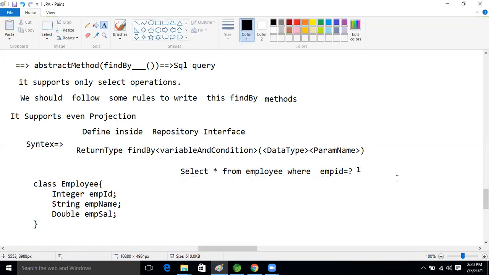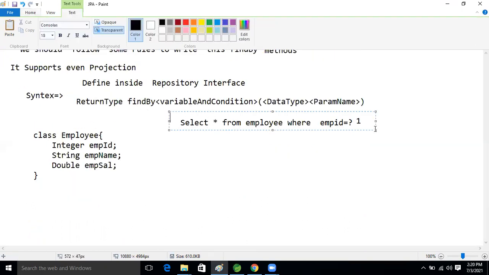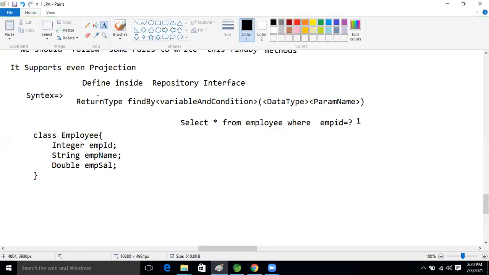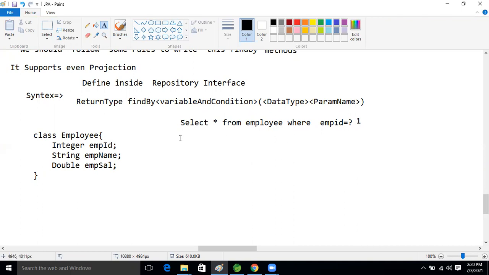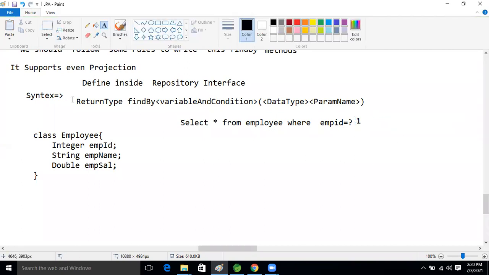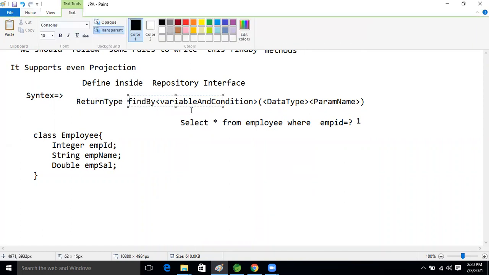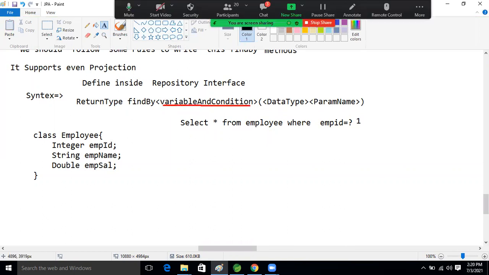So the same way, what will we do next? See this, guys. This is select star from emp. But what we are going to learn today is the find by method. So how will we write the find by method to select only one record? Currently, focus on the return type. We will specify the return type, as well as the find by method, the variable and the condition we will write.